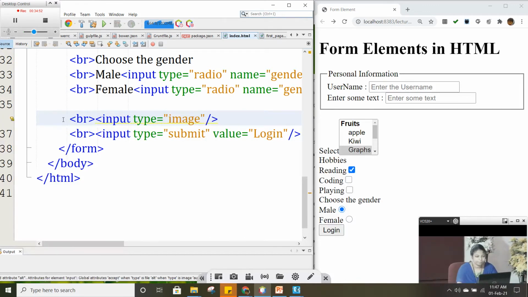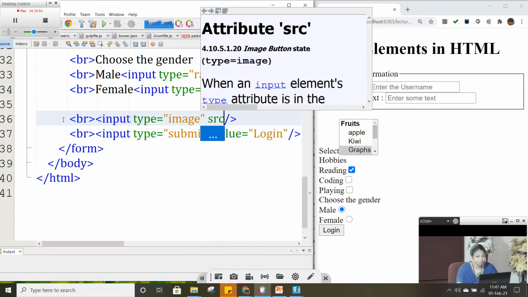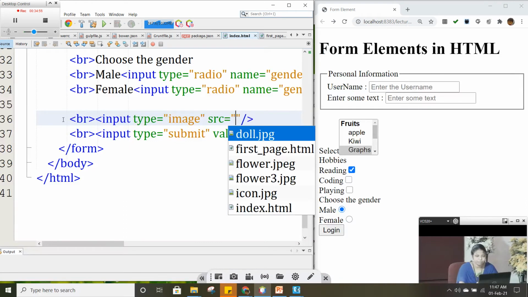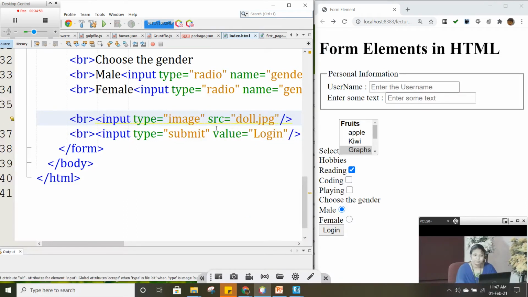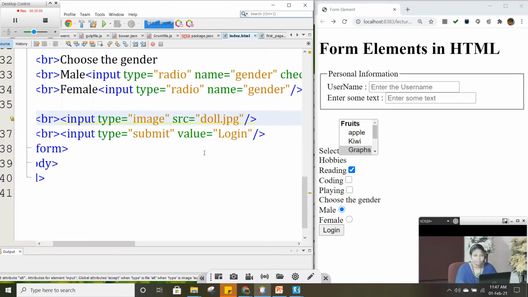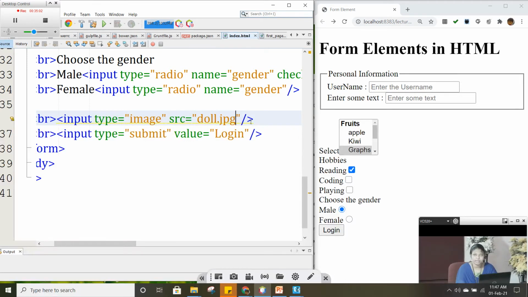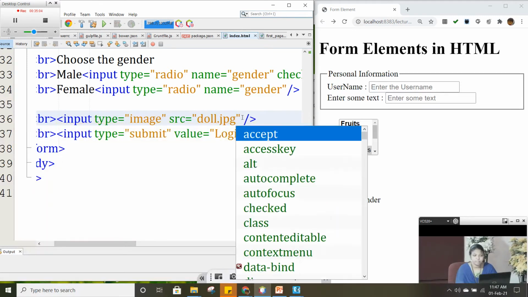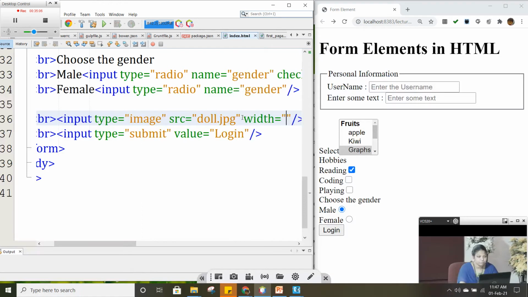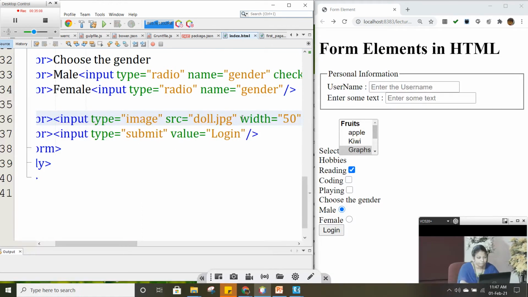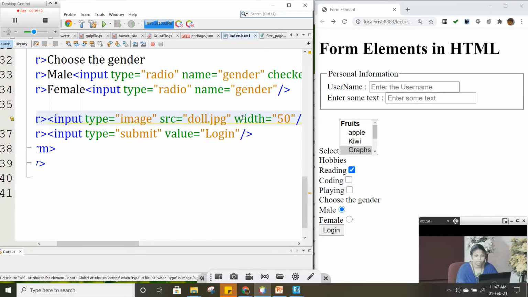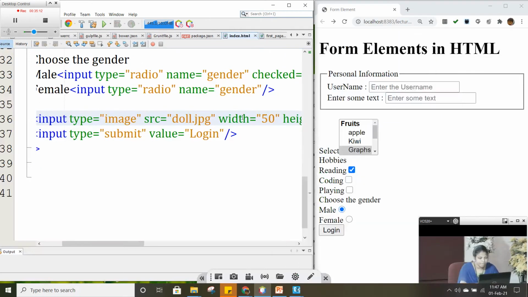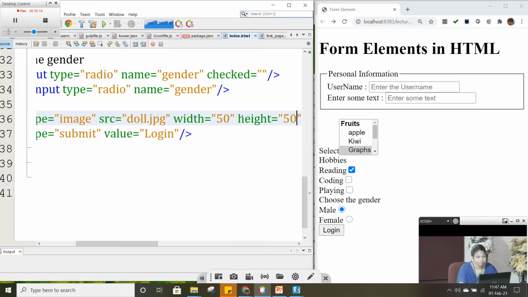Here I have to give a source attribute, where I give the name of an image which should behave like a button, like the submit button. And here I can use the width. I'm going to say the width of my image should be 50 and the height also 50.